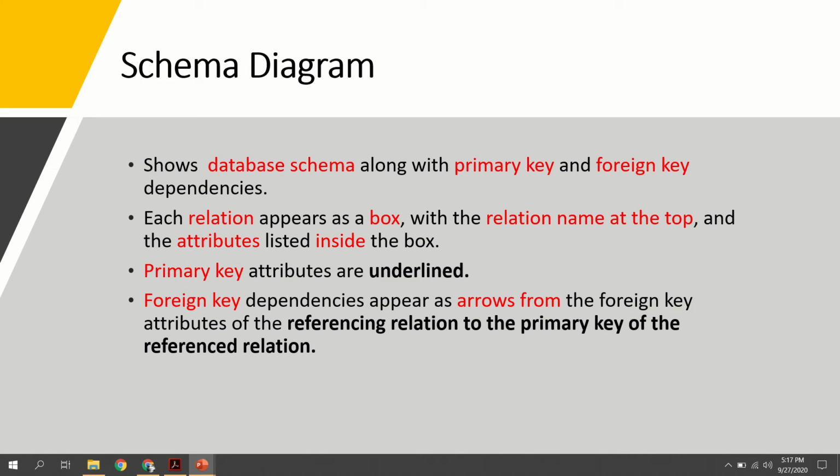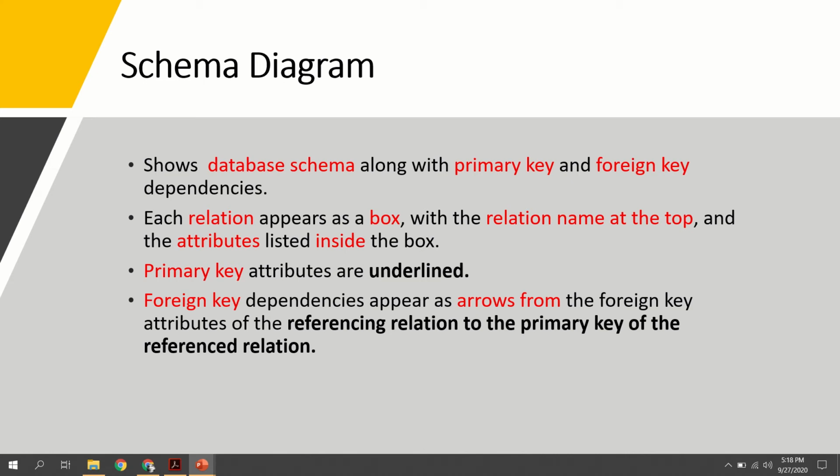We know that if you are using a relational model, the database includes different relations or tables. So here we mainly have to identify points like what are the different tables present in the database, what are the names of the tables, which attributes are there in each and every table, and what is the primary key set for each table. Is there any foreign key used, that is, is there any relationship between one table and another table? All these points are concentrated in the diagram which is called a schema diagram.